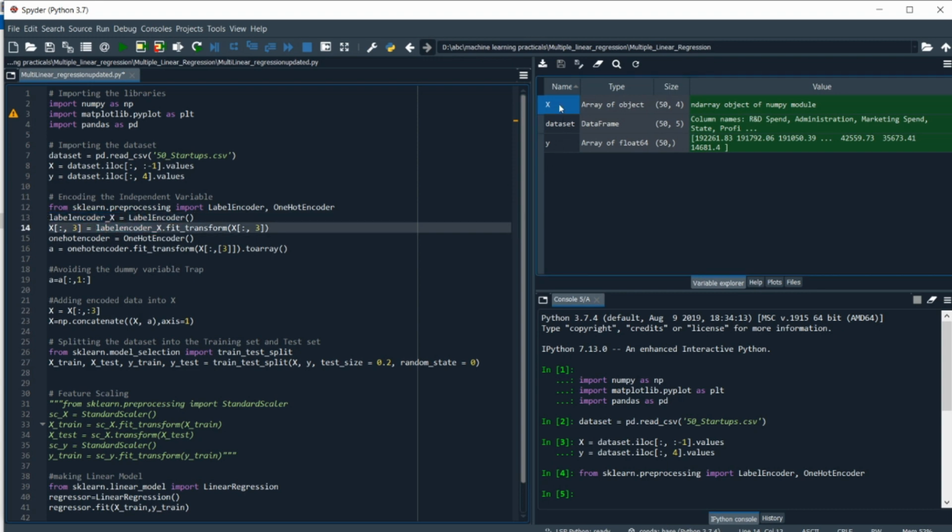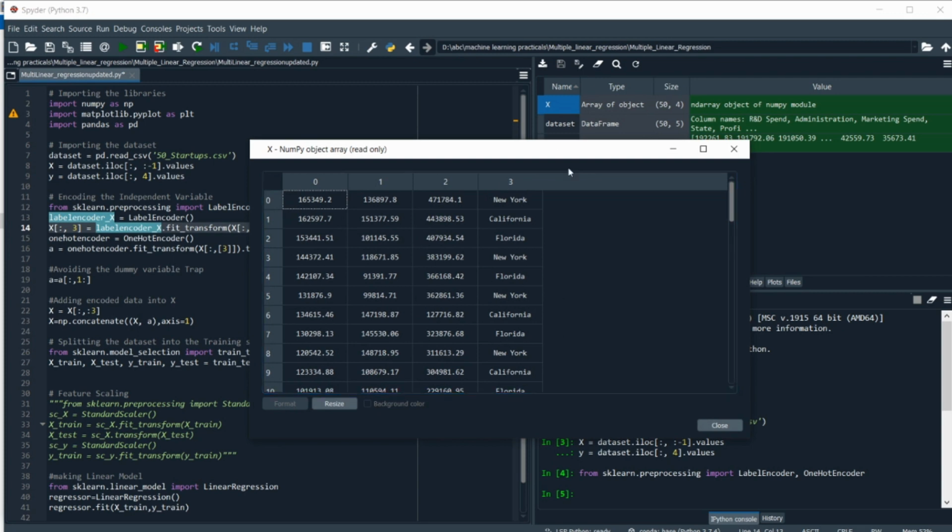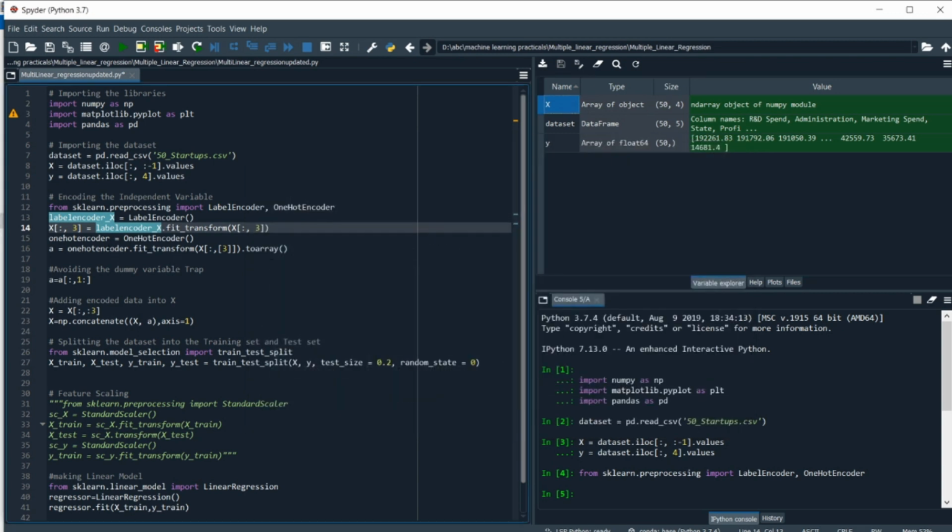We need to apply label encoder on the third column, which is the state. So we are going to use the label encoder object and its function fit_transform. Fit_transform is going to first fit those values into the label encoder object and then transform them into label encoding, such as 0, 1, 2 and so on. We need to apply it on the third column, so we are going to pass only the third column.